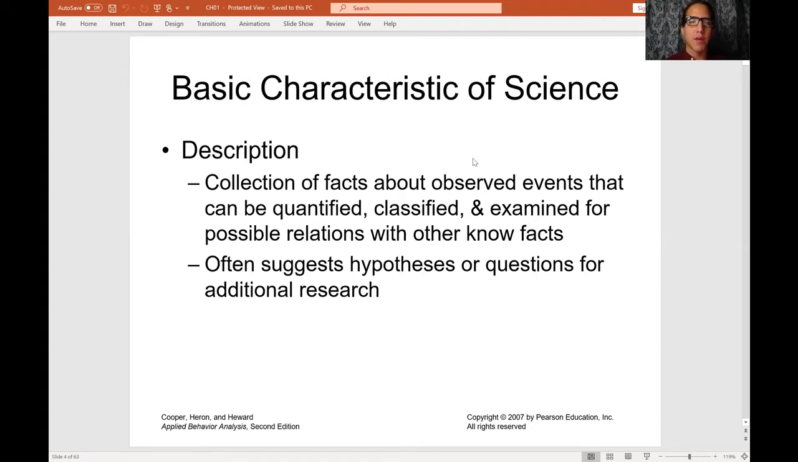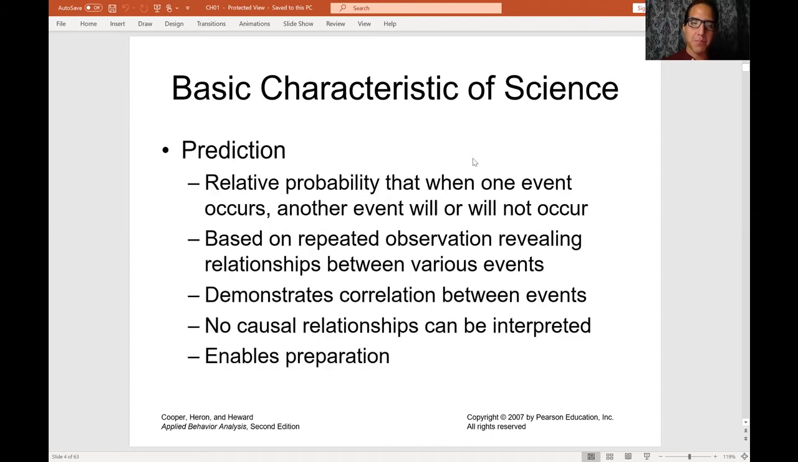So in ABA, for example, we do look at a behavior and we try to define this behavior so that we can quantify it. So for example, if we're interested in tapping the computer, we're going to define it in a way that we can take count of how many times the computer is tapped, then classify it as tapping the computer or tapping something else, and then examine it. What are the variables, under what conditions does this phenomena in the natural environment occur? That is all about description, right? The second